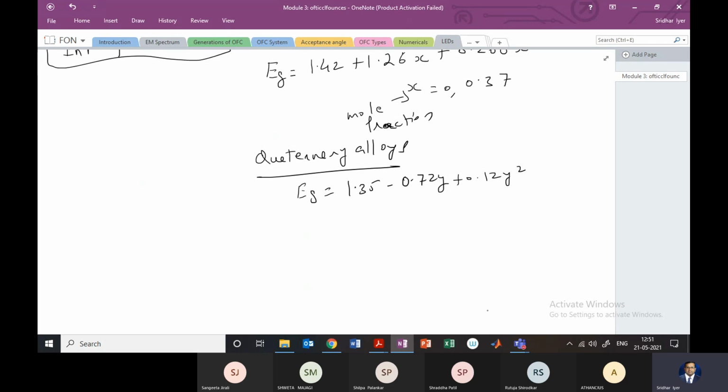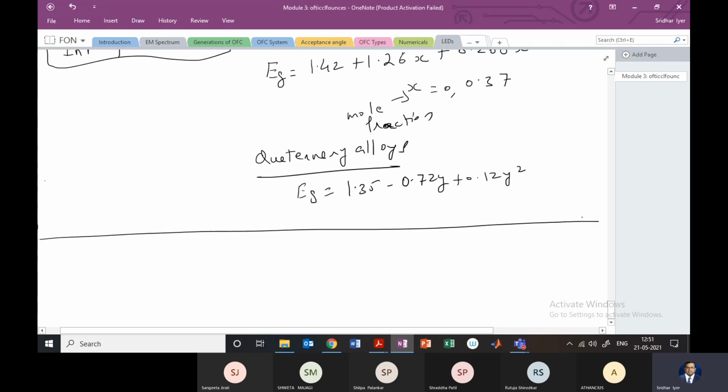So this is one aspect of the LEDs which we have discussed, where we have the types of LEDs and also how to structure the LED, right? Next we really want to discuss the quantum efficiency and the power that we get out of an LED, right? Something which we have not discussed till now is LED modulation.